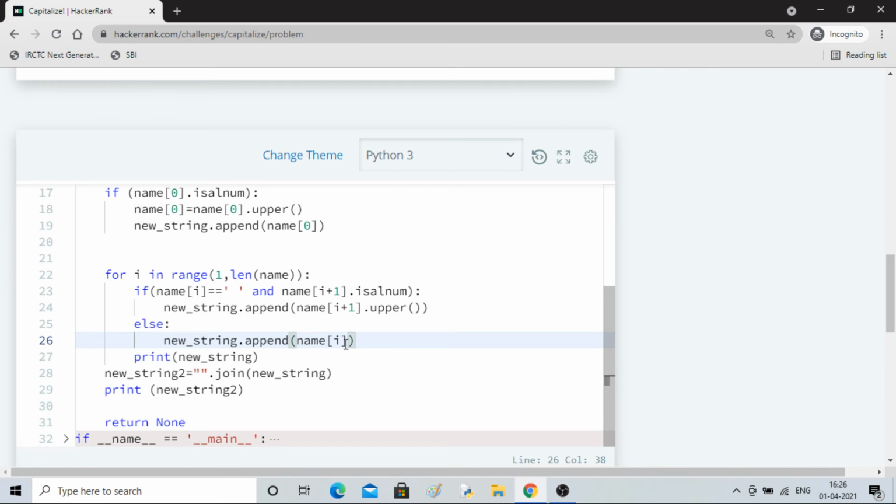I have to avoid that one more S, right? It will keep on appending it, else... what can I do, how can I skip the next part?